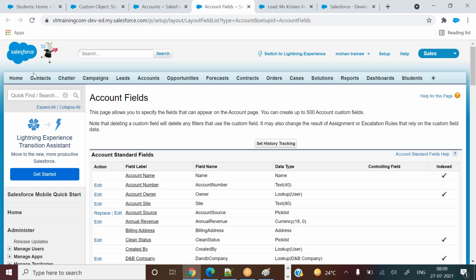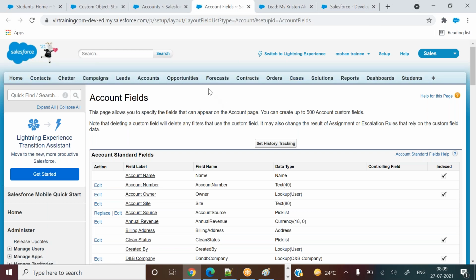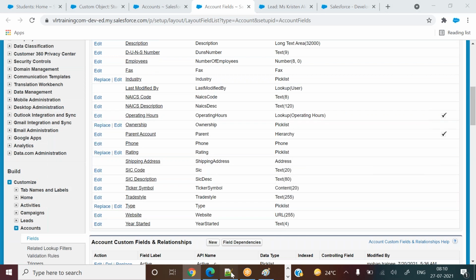Now you can see all these are standard objects, and whatever custom object you have created, that is a custom object. Simple. Now the question is, suppose